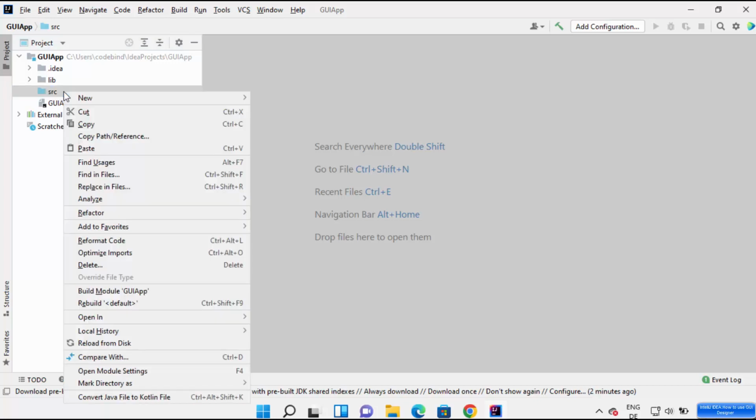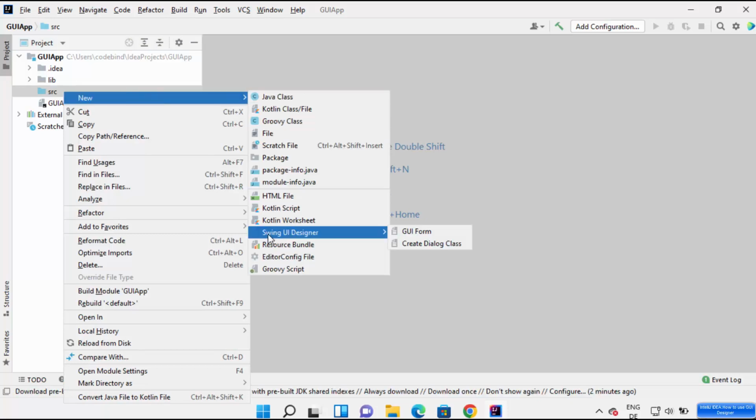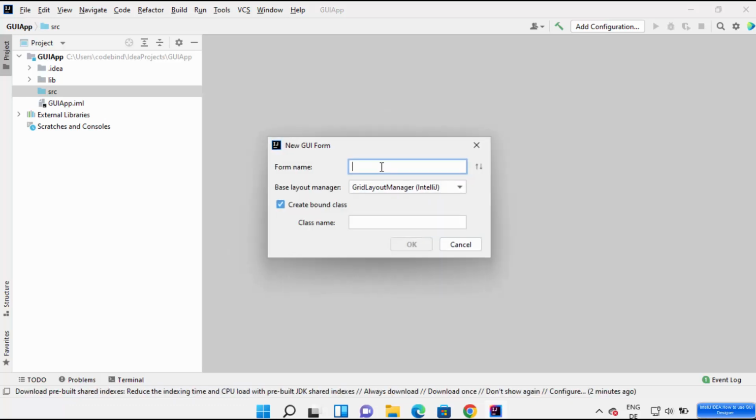So I'm going to right click on this source folder, click on new, and here you will be able to see this option which is called Swing UI Designer. Just click on GUI form here, and on this window you need to provide two things. One is the form name and other is the class name. So form name, I'm going to name my form as main, and class name will be the same. The base layout manager is grid layout manager. You also have card layout, flow layout, and other layouts. I'm going to select the grid layout manager, which is default in IntelliJ IDEA, and I'm going to click on OK,